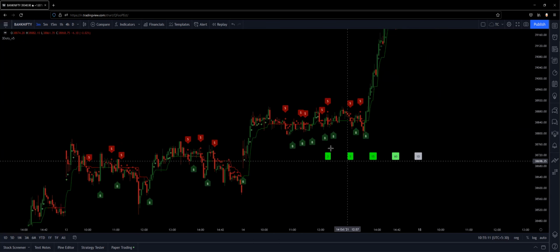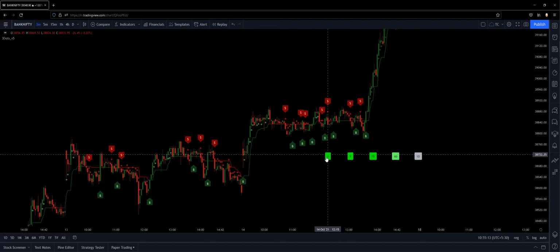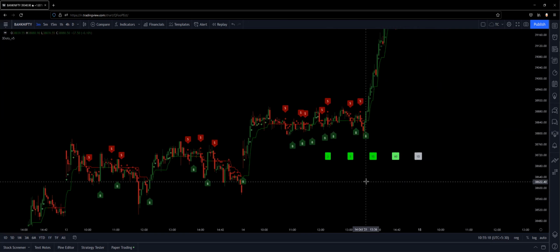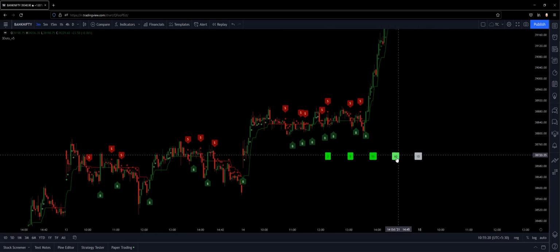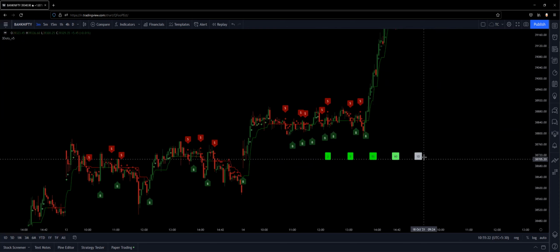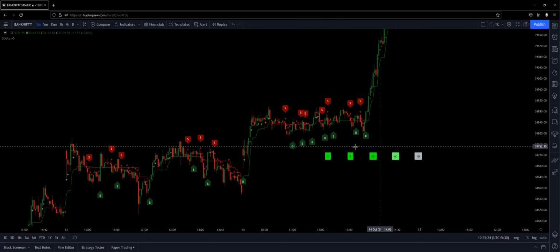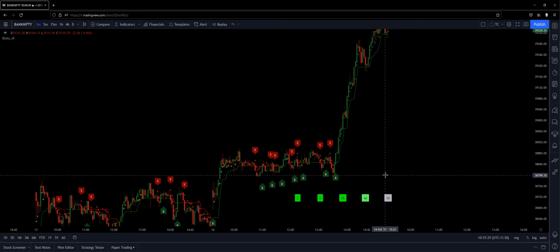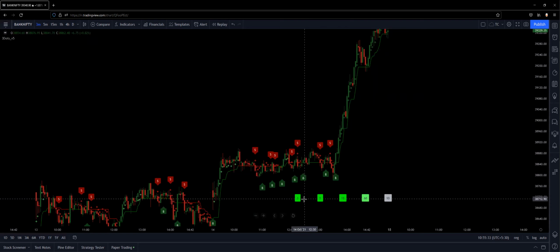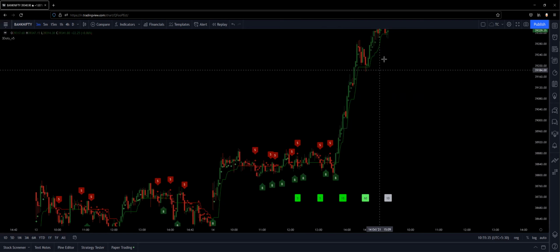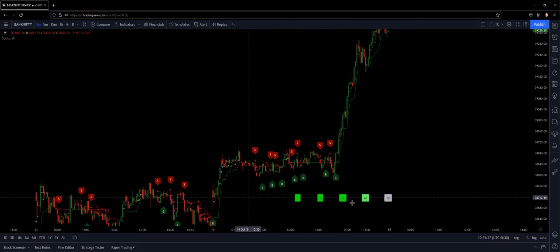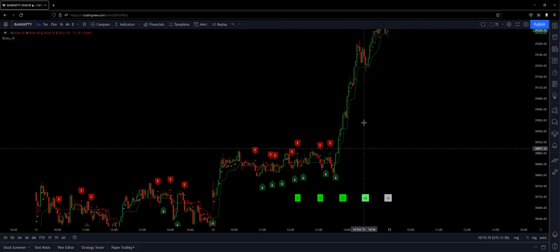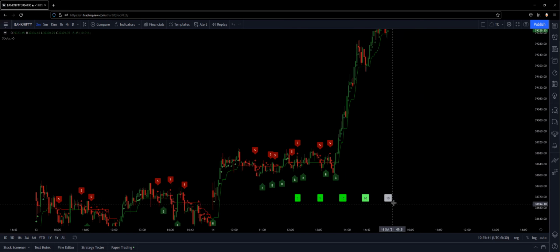So you can see these boxes: on a 3-minute time frame, what is the trend? On a 5-minute time frame, what is the trend? 15 minutes, what is the trend? And 60 minutes and 1 day. So once all these come in confluence, you can expect very good movement in the direction. As the green is more, you can see an uptrend. If all these are red in color, you can see a good downtrend.